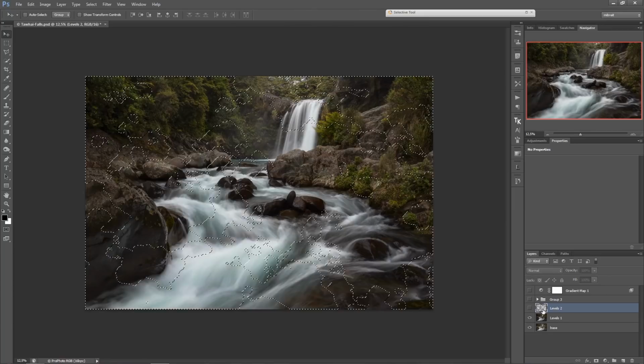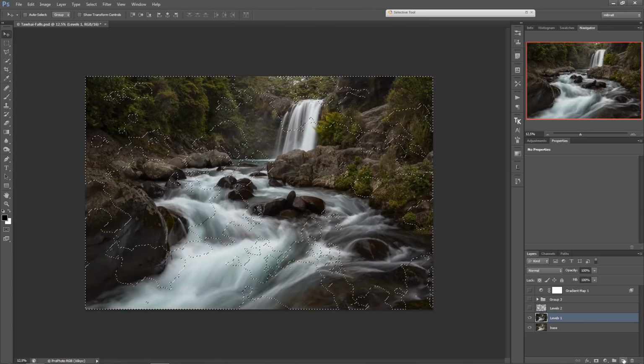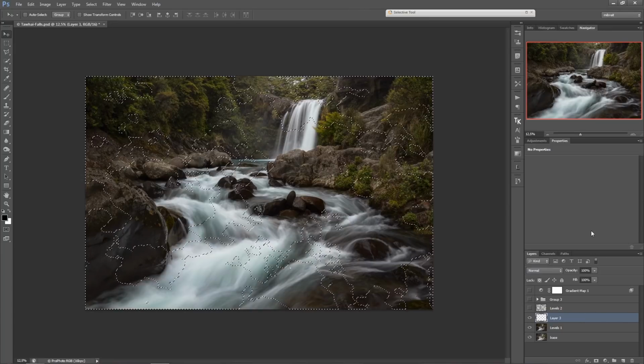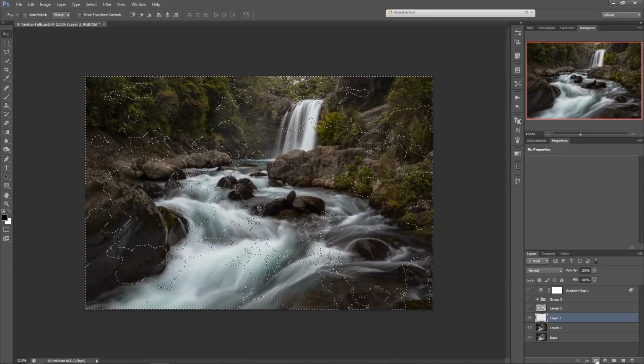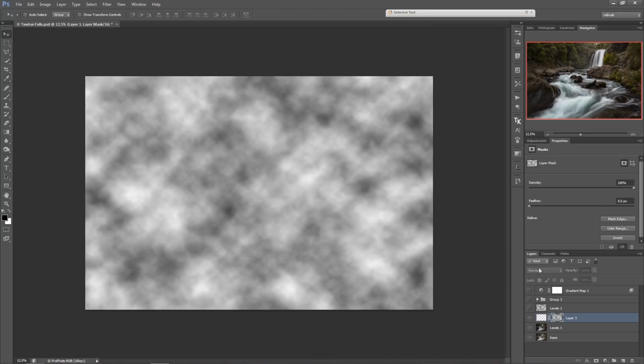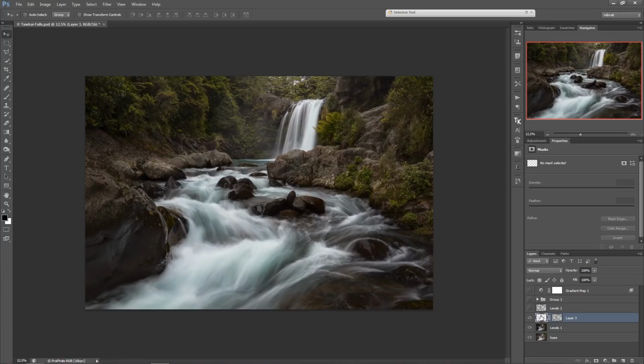Now I can hide this, create a new layer, and with the selection still active, I press down here on the mask. And what I now have, I have this cloud pattern as mask for this new layer here. And now I can throw away this original cloud layer